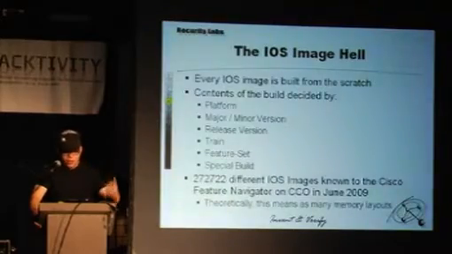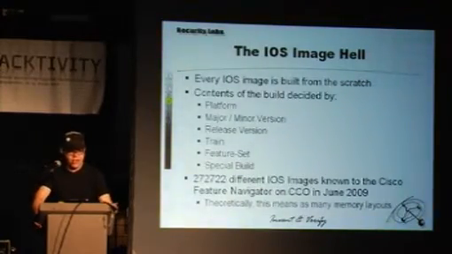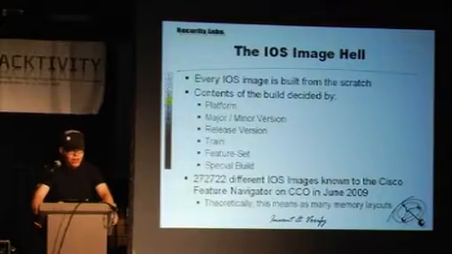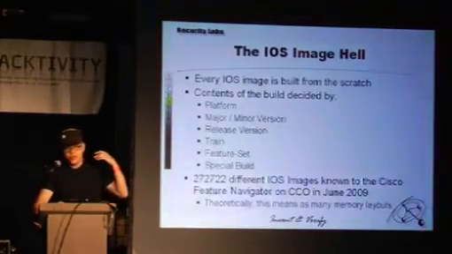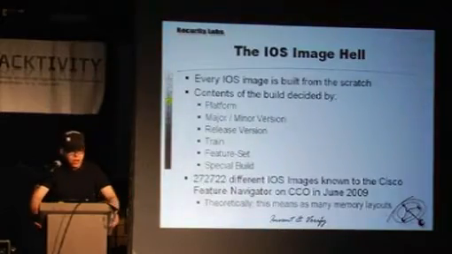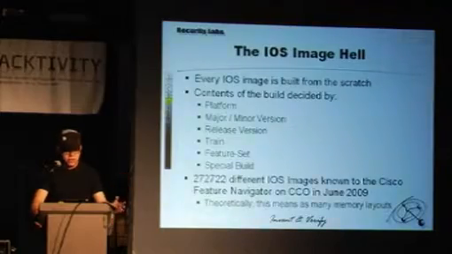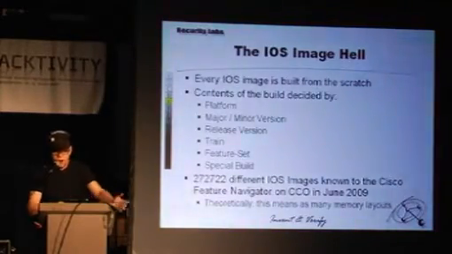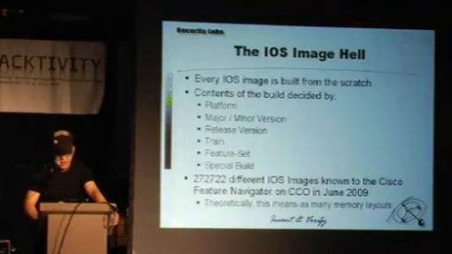When I counted in 2009, you end up with 270,000 different iOS versions currently supported. So forget your idea about mapping them all out. And what you also should keep in mind is that companies like the big telcos and tier ones, like T-Systems, for example, have special builds. There are iOS images that are just built for Deutsche Telekom, and you will never see them. So knowing the addresses of stuff in memory is pretty much unlikely.